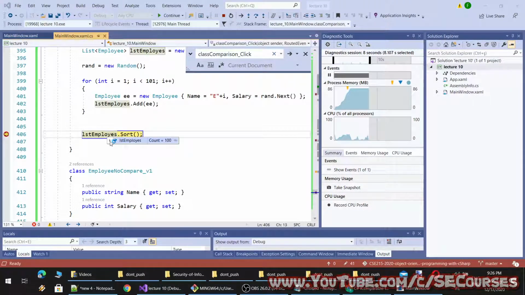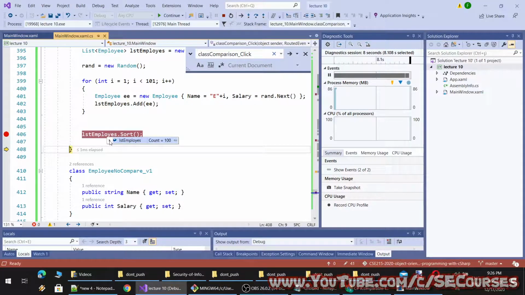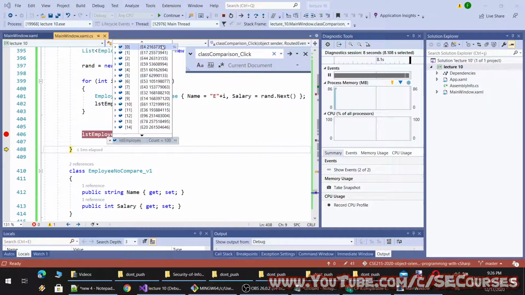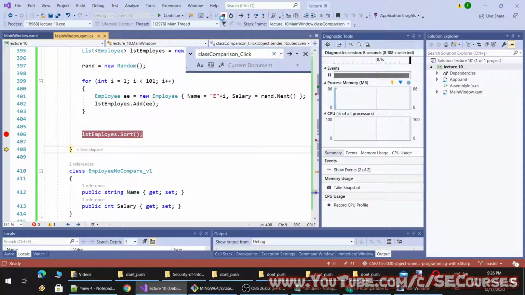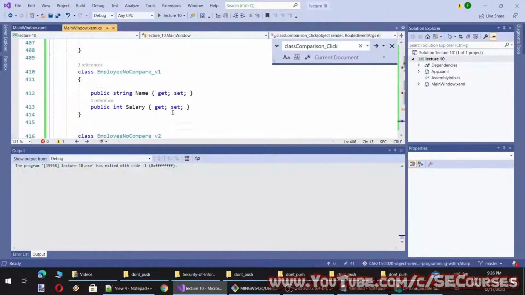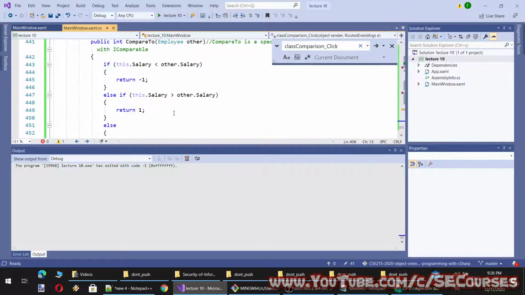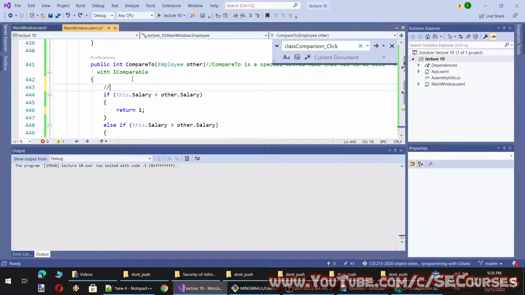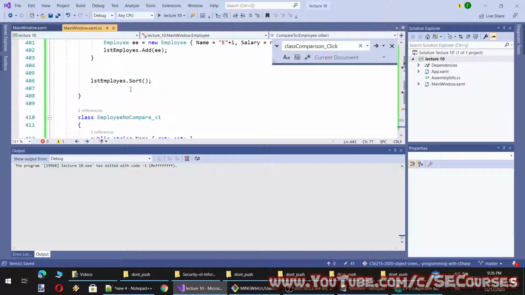Okay, let's check. Currently unsorted, and now, yeah, you see sorted by ascending. So with this way, if I reverse it, I can obtain ascending like this.